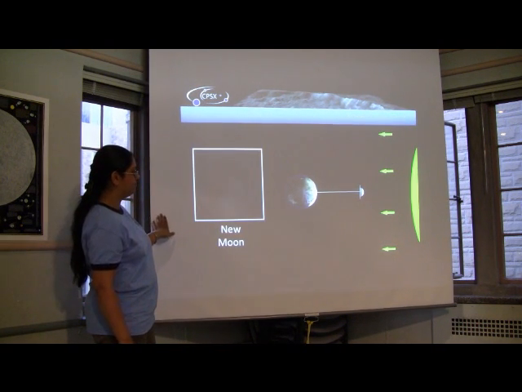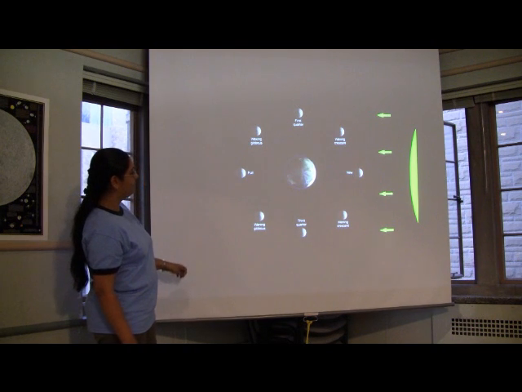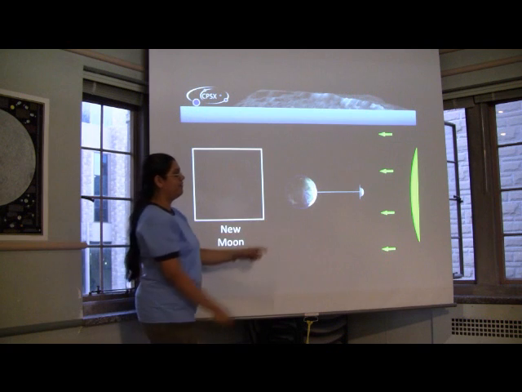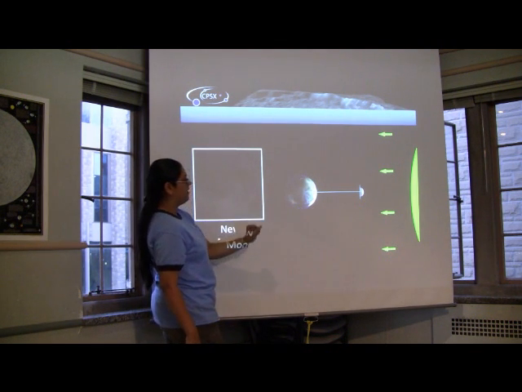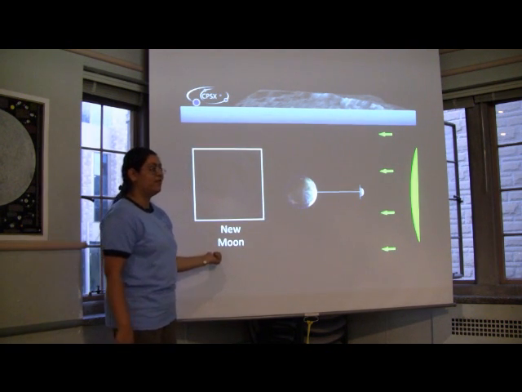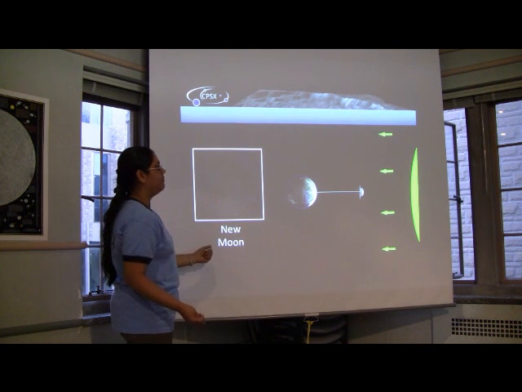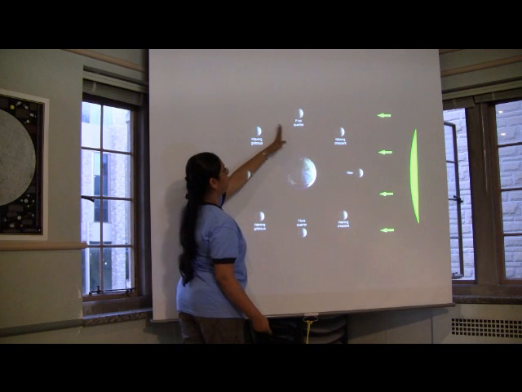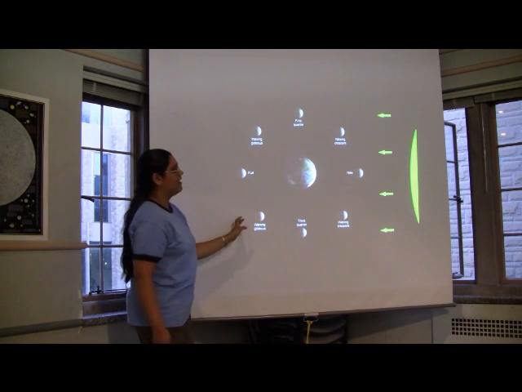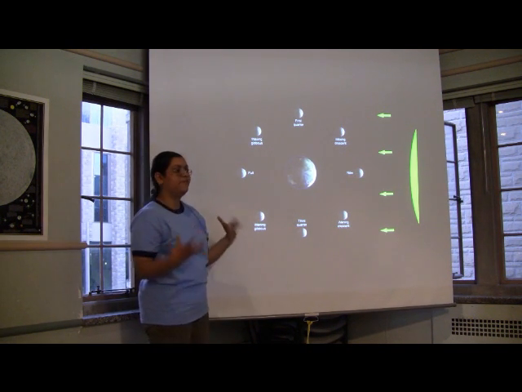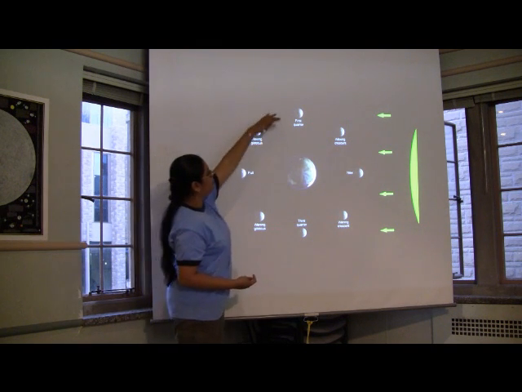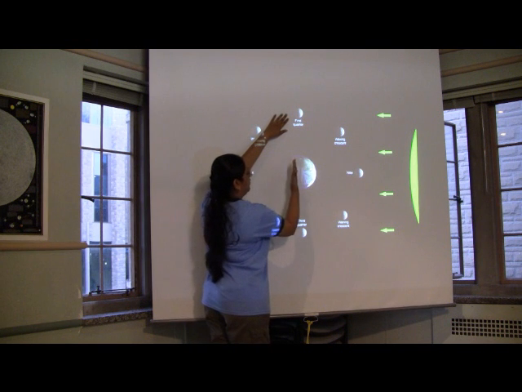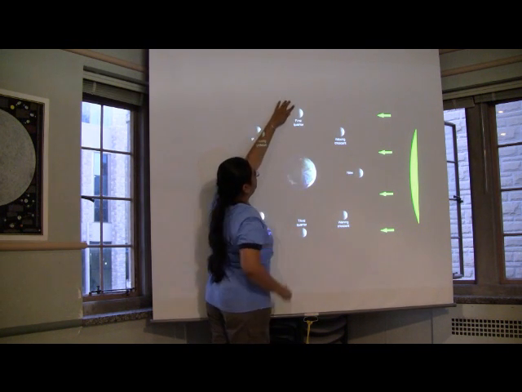So what you're seeing at that point, when the Moon is right there, is a new moon. If we go to the next slide, the Moon is going to orbit around the Earth, and each time it gets to a particular position, it's going to have a different phase. If your Moon was over there, Earth is here, and the Sun is shining on this side, surely that half of the Moon is